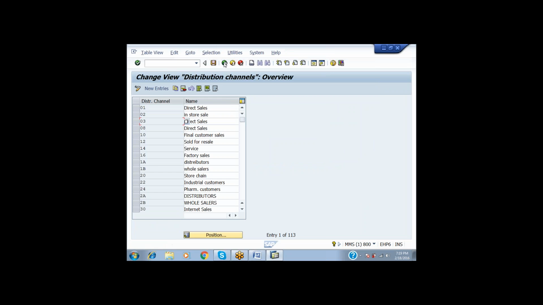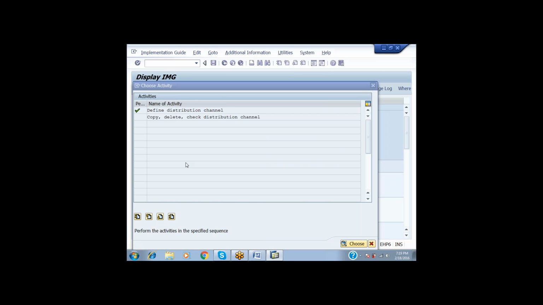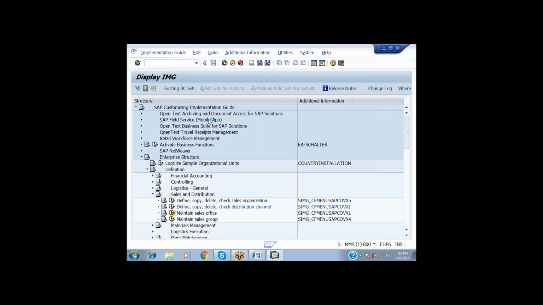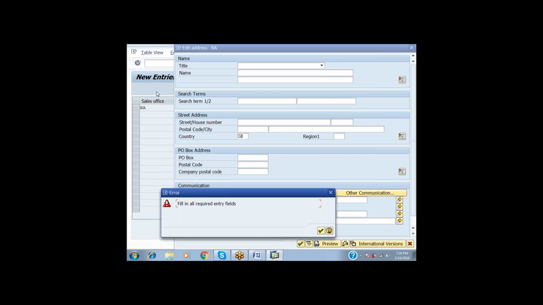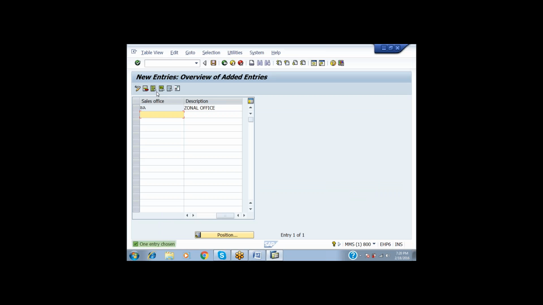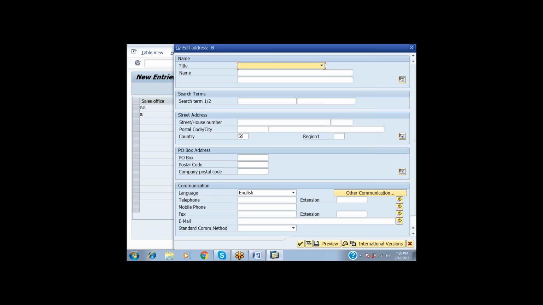And the next, sales office. What is the physical office or the geographical office for the sales office? BA, which I am saying the general office. And it is a physical office, that's why it asks me about the address. And BB, regional office.